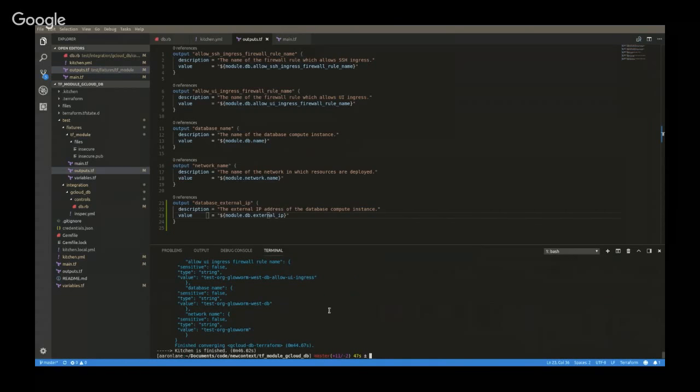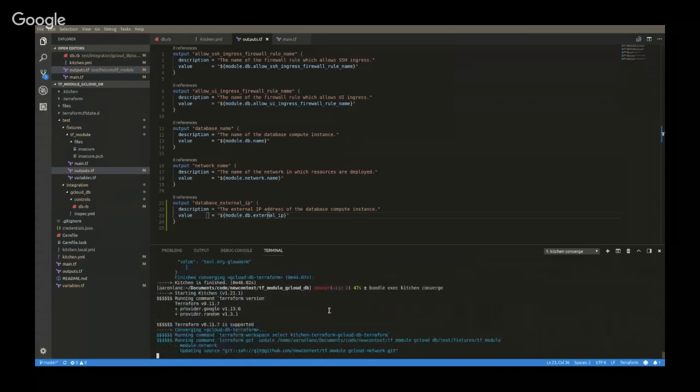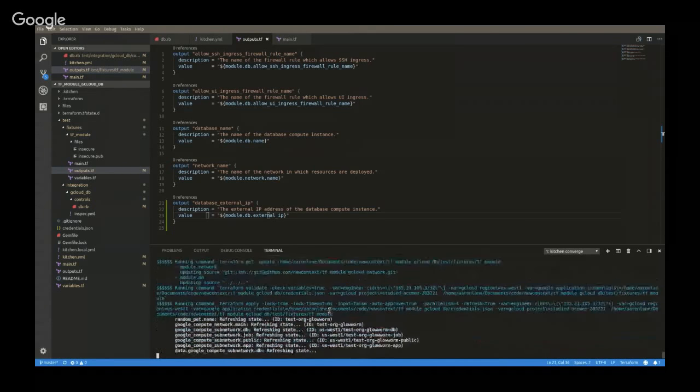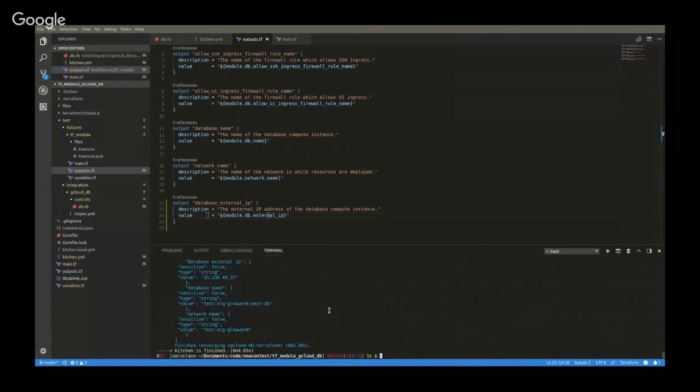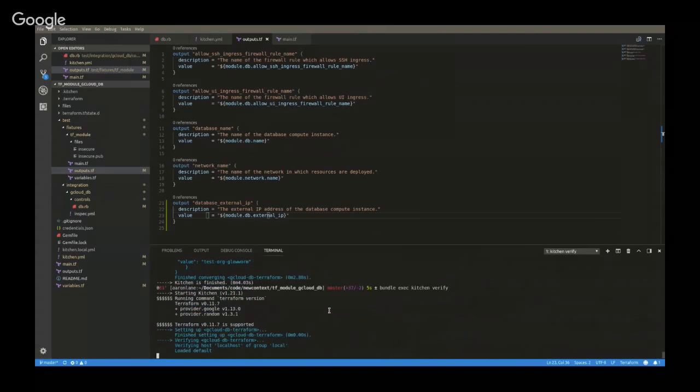So if we run the verify command once more, or sorry, we have to converge first to make sure that those Terraform outputs are available to us. Just add those to the Terraform state. But now that we run the verify command, so let's see the last time. So again, InSpec is going to first run through all of the original controls we had defined, running on localhost. It's going to take a minute to run.